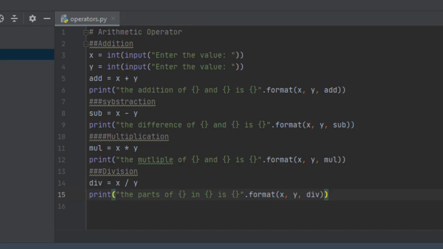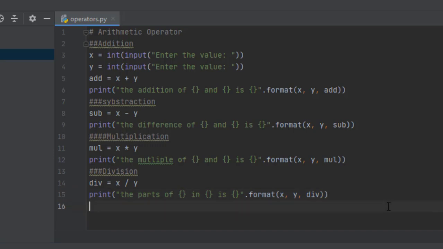The answer is that the variables x and y you are saving are integers, but div doesn't declare a data type, so it will take the data type of whatever the answer is. But if you're doing the same program in C or C++, you need to give a specific data type for div. That is a disadvantage in C, and an advantage in Python.